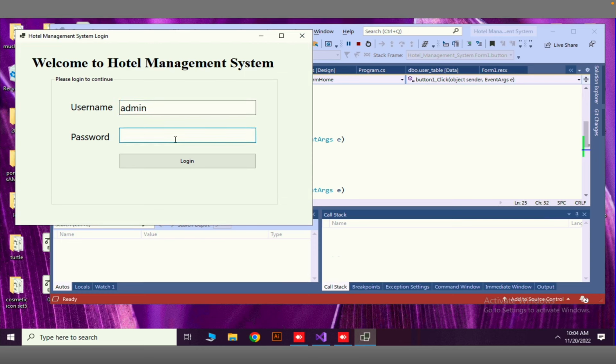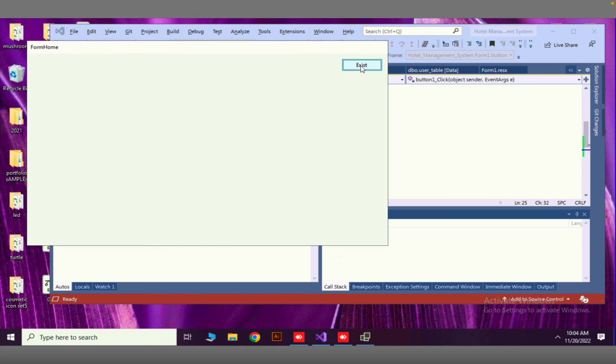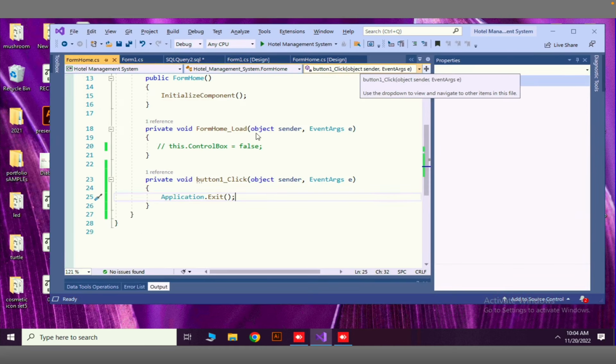Username admin, password 1234. Now you can see after doing that our application is closed. Alright,